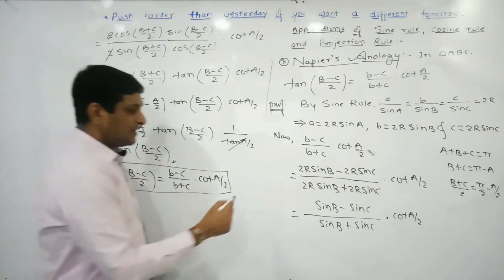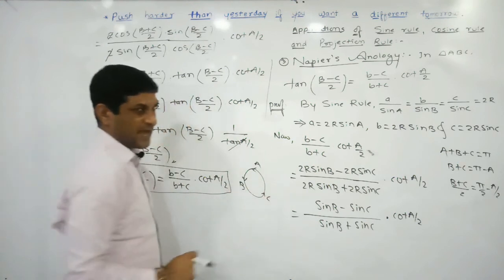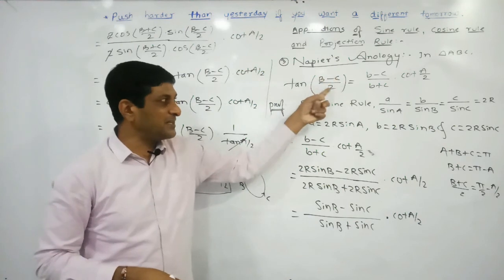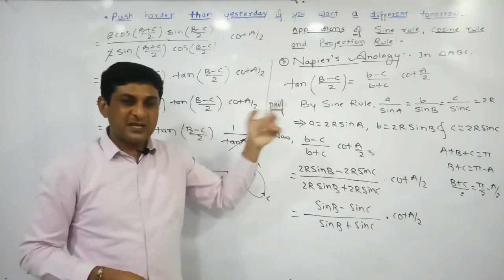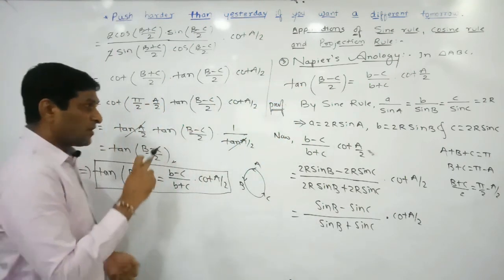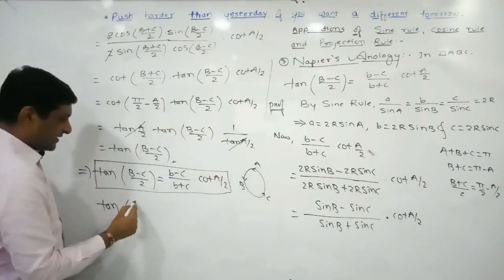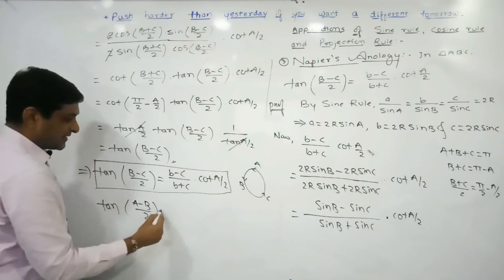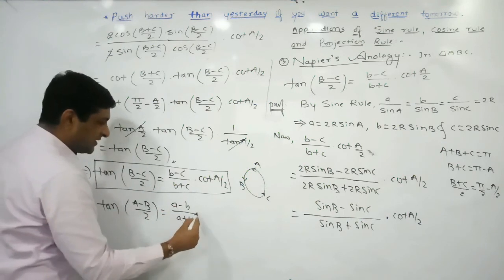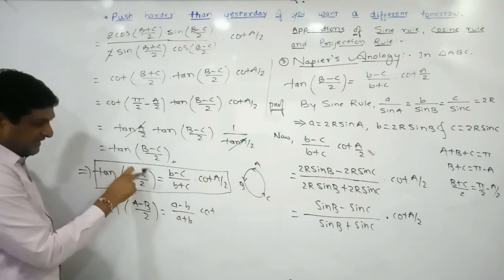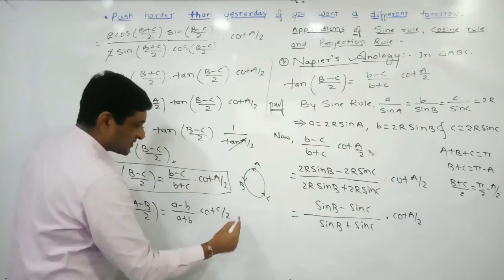So remember that in a triangle, A is one angle, B is another angle, and C is the third angle. If you observe here, the expression is (B minus C) upon 2. At that time, what result did we get here? (B minus C) upon (B plus C) into cot A by 2. Instead of B minus C, if here tan (A minus B) upon 2 is there, then which type of result will we get? (A minus B) upon (A plus B) into cot. In this case, angle C is absent on this side, so here we will get cot C by 2.